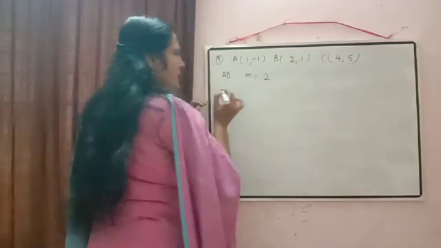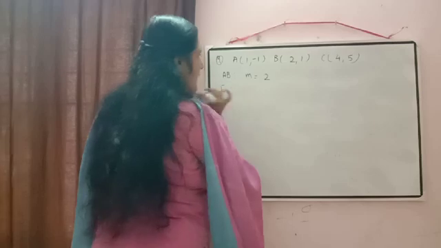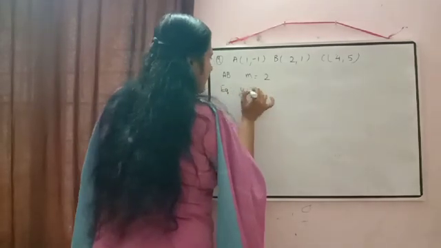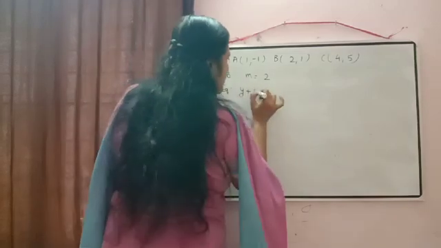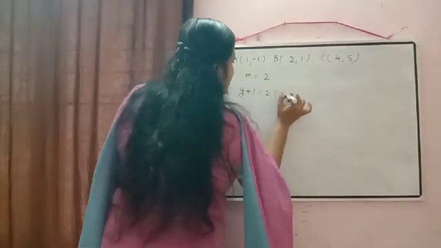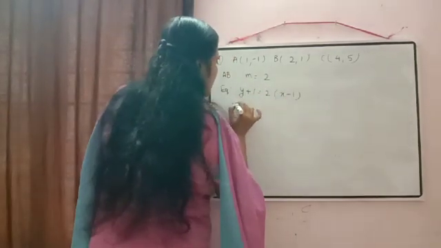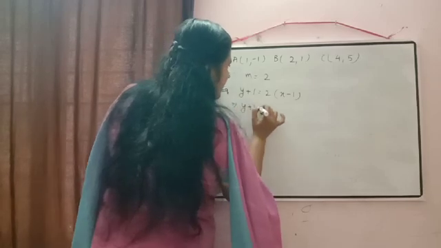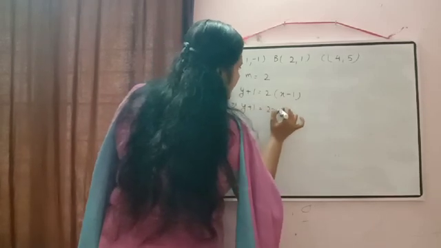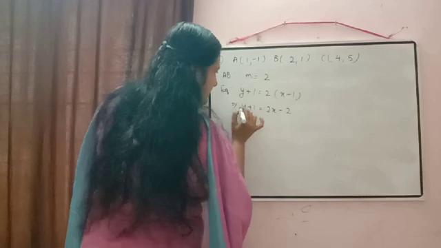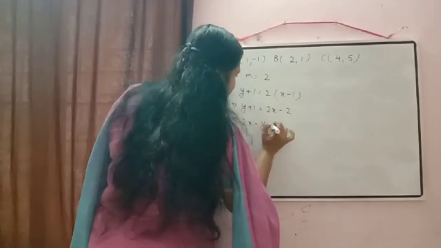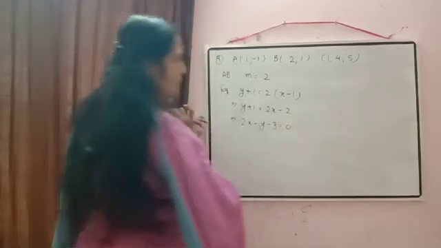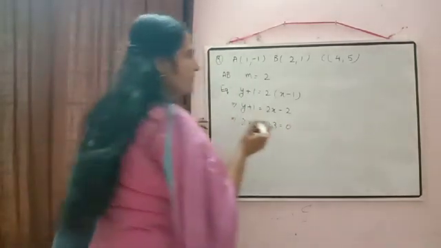That point only we are taking. So just to write down, the equation will be y minus y1, so y plus 1 is equal to m into x minus x1. Simplify it, then we will get y plus 1 is equal to 2x minus 2. Now we can shift all the expression to one side, then we will get 2x minus y minus 3 is equal to 0. Equation of AB.